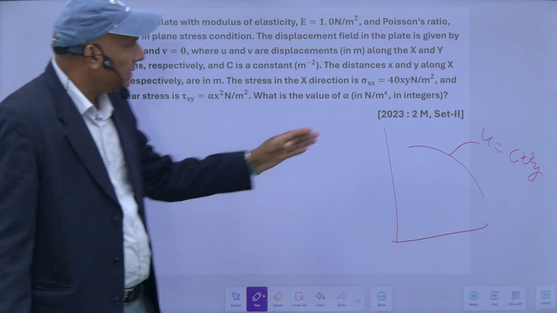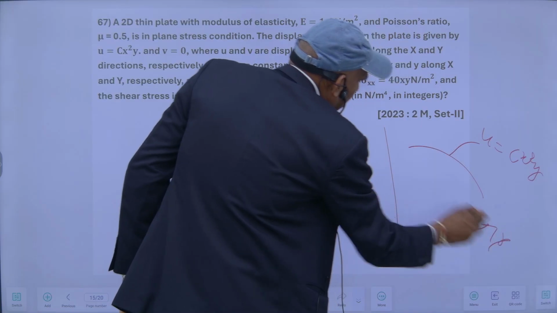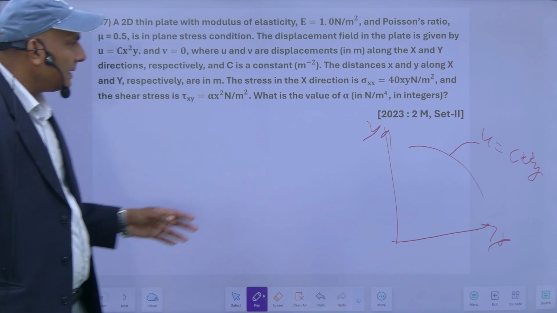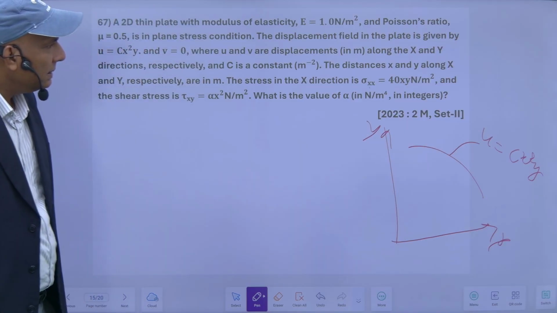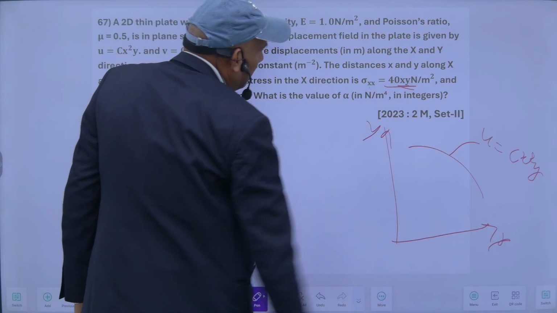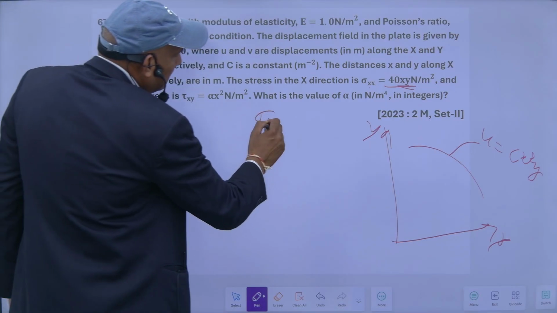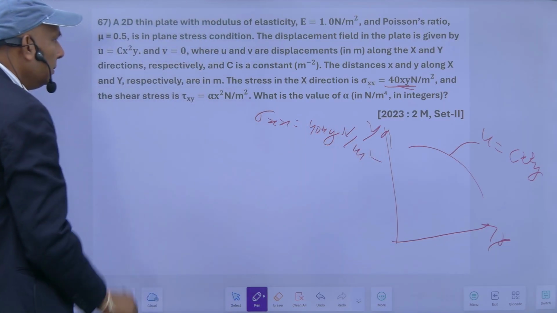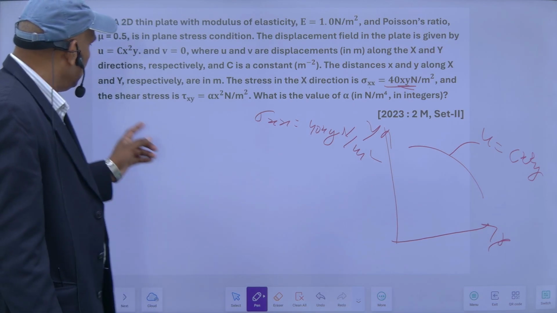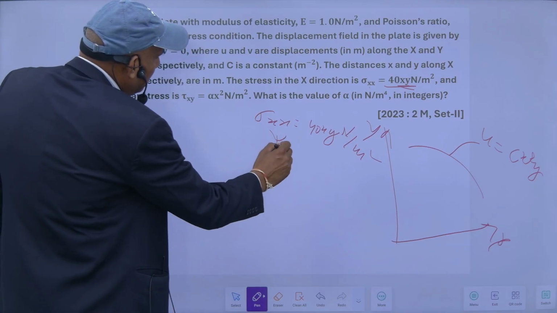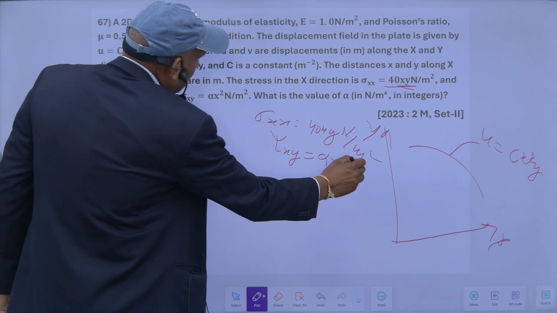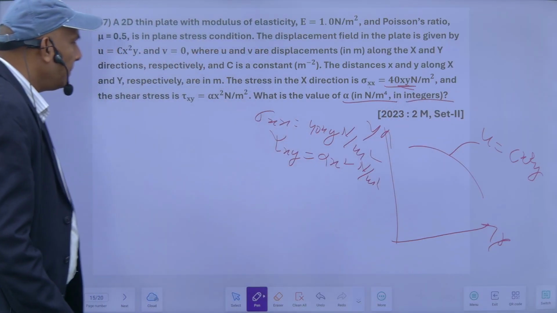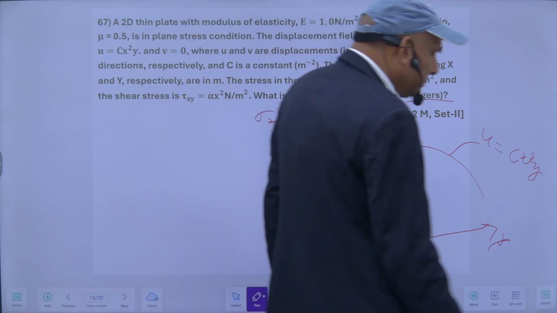The distances x and y along the x and y directions respectively are in meters. The stress in the x direction, sigma x, is equal to 40xy Newton per meter square, and the shear stress tau xy is equal to alpha x squared. What is the value of alpha in this case? This is a slightly tricky question, but anyway,